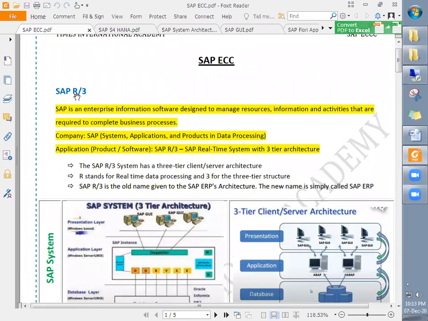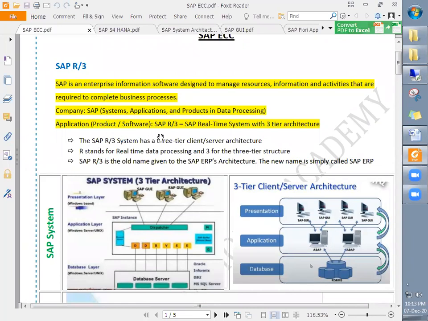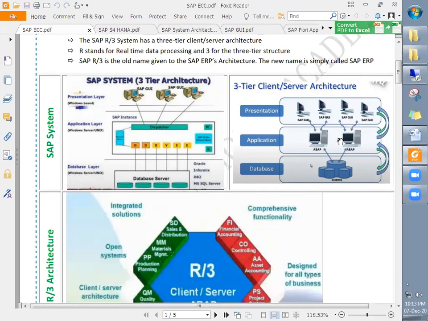R3, so SAP R3 is the software name. In SAP terminology, it is the SAP Business Suite. It is the R3 SAP real-time system with 3-tier architecture. That is the meaning of SAP R3. We can see this 3-tier architecture: the presentation layer, application layer, and database layer.